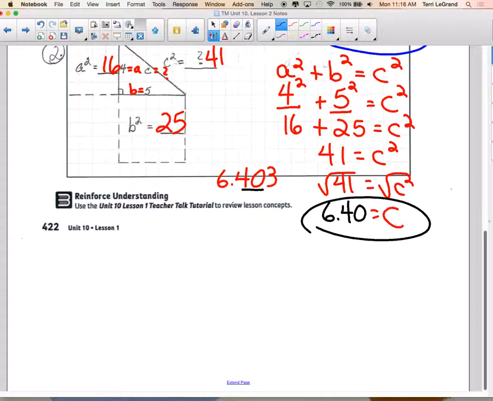So, does it make sense that it should be 6 something? Yes. Because remember, 41 is between what and what? It's between the perfect square 36 and the perfect square 49, and that would be between 6 and 7, and we ended up with a value between 6 and 7. Okay, so, you know, some loose leaf,